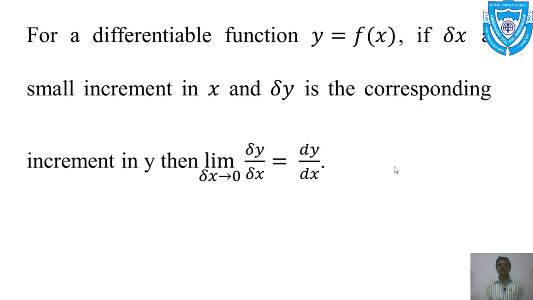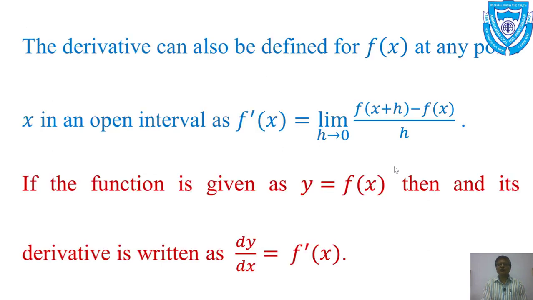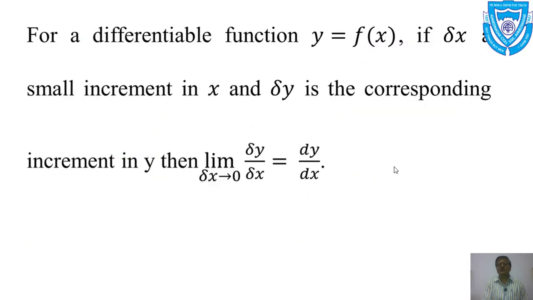Now in theorems we use this notation, this definition. And while finding derivative of functions by first principle, we use the previous notation. Which one? This f of x plus h minus f of x upon h and h tends to 0. We use this form of definition for finding derivatives of function by using first principle. And while proving theorems, we use this new definition.